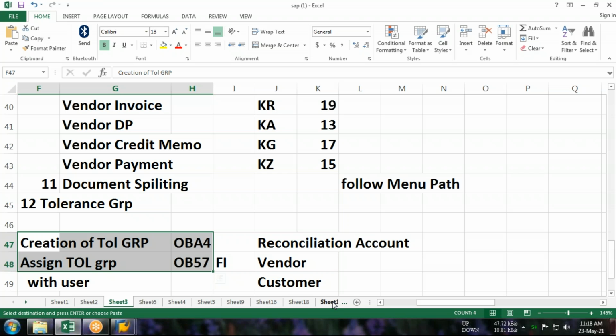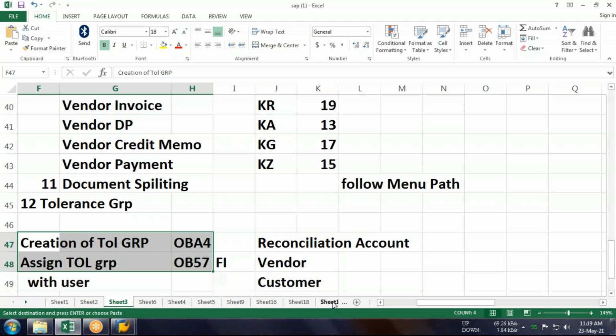Right now, whatever configuration I am doing, that is tolerance group, document type, document number range, all of these come under company basics. You remember that company basics is the first submodule of SAP FI, and I told you that after doing the fiscal year and posting variant, I'll come back again to finish the remaining configuration. So what are the remaining configurations? Document type, document number range, tolerance group.